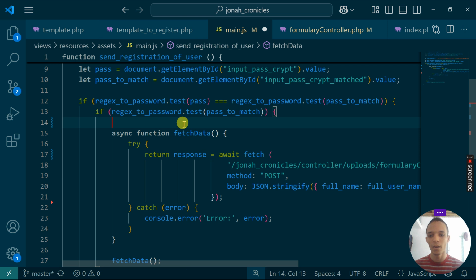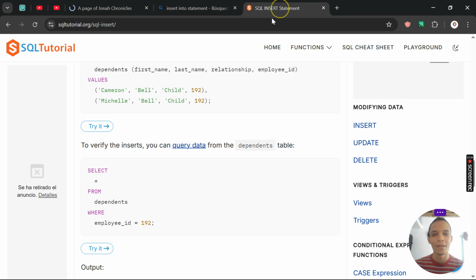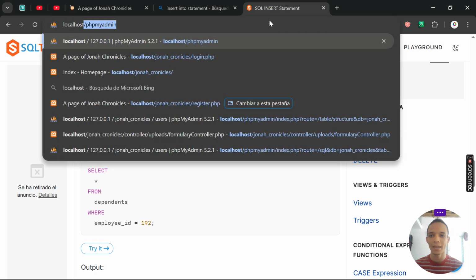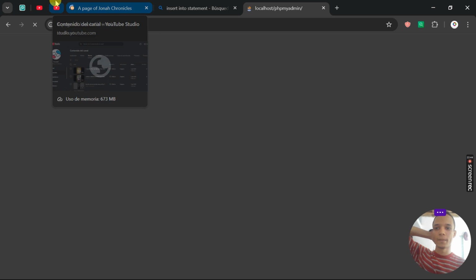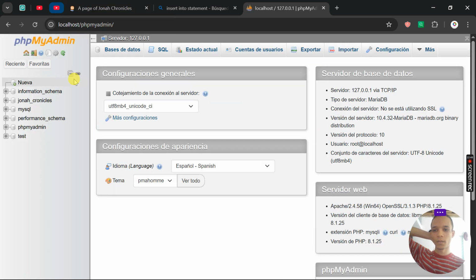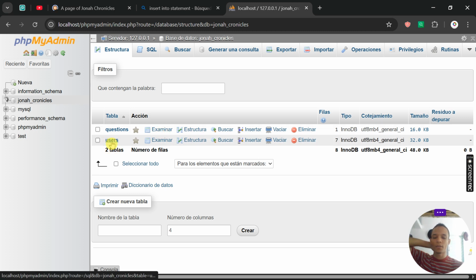And we can make a const response blank, by the way. Let's refresh everything. And by the way, believe it or not, we have just made the insertion. We can go to the phpMyAdmin and check, and you will see that it is inserted. Okay. If we go to the users,